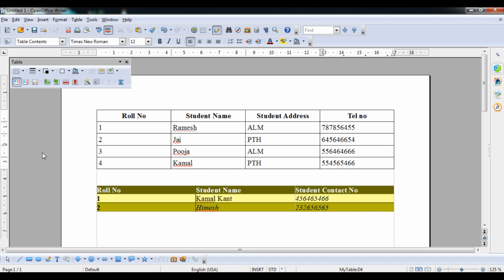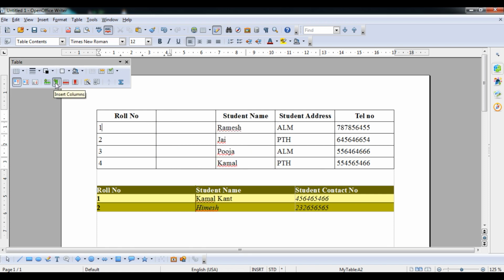Okay student, so now we are talking about how to insert a new column. Okay, I mean a new vertical thing, this one, that is a column. So what we are going to do student, after roll number, I am going to insert the SR number. So I have to click on this. Now you can see that this will come, and you can type here SR number, some number that you like.